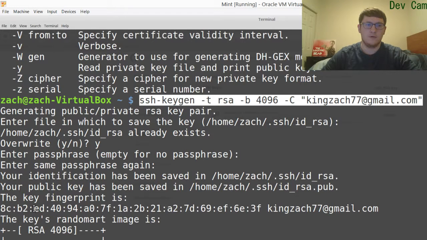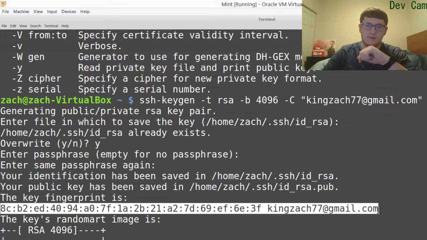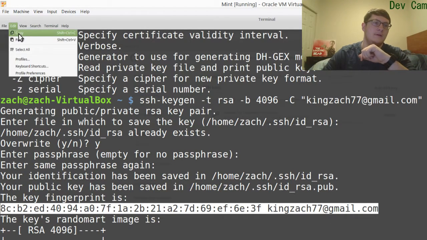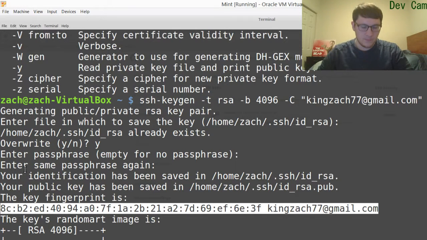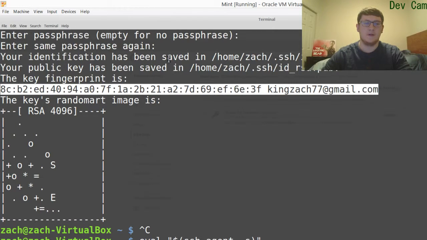Now it will tell you your key fingerprint is this, so you want to select and copy this entire thing. So I'm going to do so now. Copy. And now what we're going to want to do is add this SSH key to what's called the SSH agent. So to do so, we have to ensure that it's running, and I'll do that by typing eval ssh-agent -s. That's going to tell us the agent process ID right there. So now we know it's running,